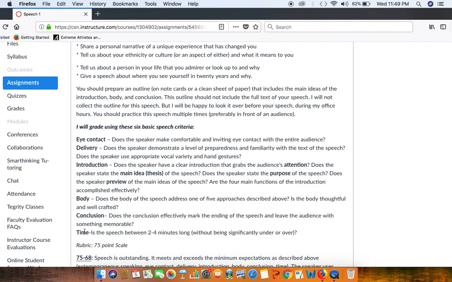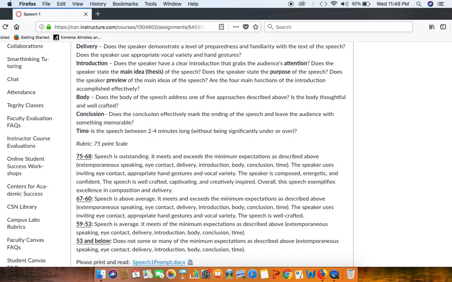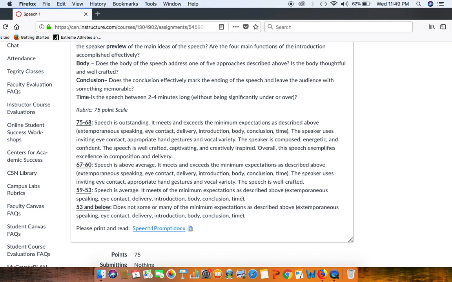And it should be 2 to 4 minutes, right? And not significantly over or under, right? So really in that sweet spot. Again, 2 is fine and 4 is fine, but not shorter or longer. This is the grade point scale. It's 75 points. In a 75-point scale rubric,